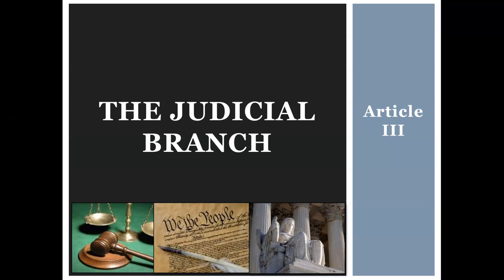Okay, everyone. So before the shutdown happened, we were working our way through the three branches of government. We had covered pretty extensively the legislative branch, and we've talked a decent amount about the executive branch. So this week, we're going to finish up the three branches of government and understanding their roles and responsibilities, how they work together, and sometimes how they work against one another by tackling the judicial branch, right? The Justice Branch, Article 3, right?